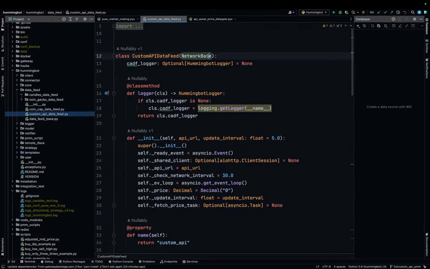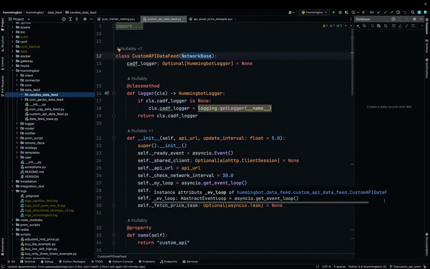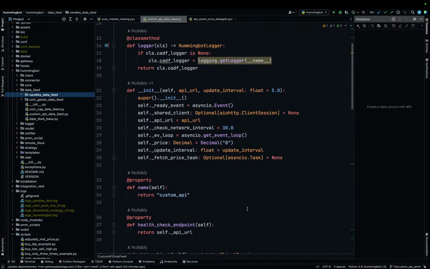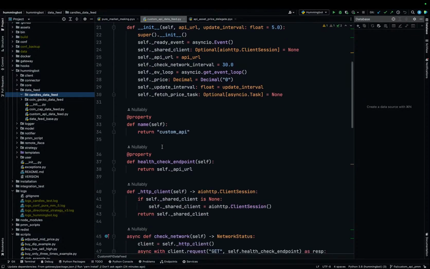You have this network base that is the same that I'm using here in the candles data feed. That is in the other branch, so you cannot see it now, but it's going to be ready probably soon, an MVP. But then we can code the last version or a more professional version of the candles. Well, basically this network base is going to have a check of the network with a health endpoint that is going to see if it's working properly or not, and also it's going to have an asynchronous task that is,